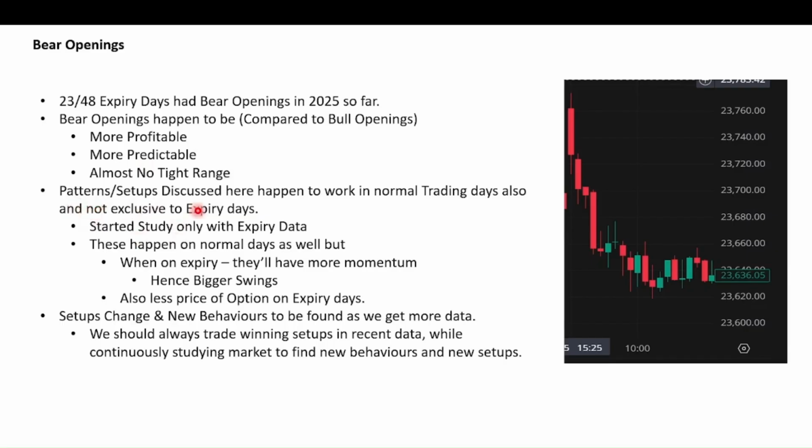The patterns or setups discussed here happen to work on normal days as well, and these are not exclusive to expiry days. I started all this study and research out of my curiosity to understand and figure out whether this hype about 0 to hero trades on expiry days is true, or is it just a scam by some YouTubers or Telegram channels, or people who just happen to sell courses or calls. So I started this study to figure out if it is possible to get a zero to hero